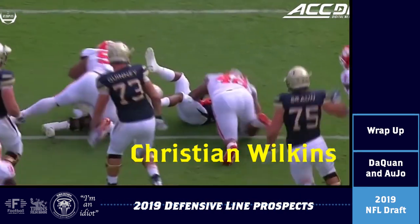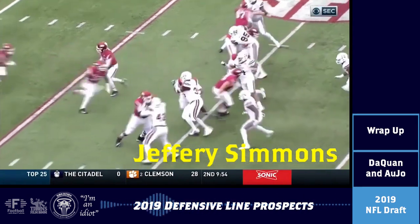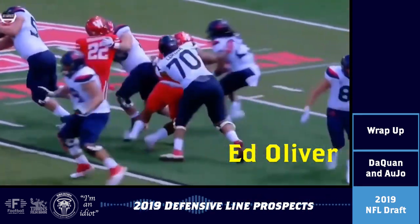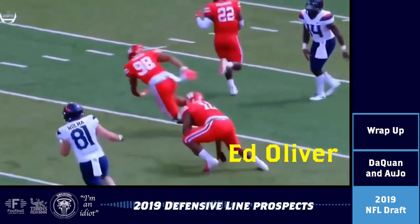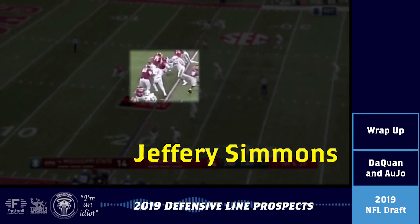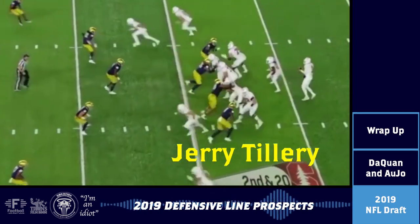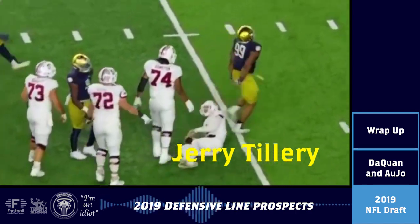If you've already got a guy that's a good penetrator, and it's a very specific skill set really, because you're looking at a 3 technique. You're looking for a guy that's disruptive. He's quick. He's able to knife in and create penetration and disruption. Whereas if you're looking for a 2-gap defender, you're looking for a stout player who's able to control and shock and shed. So you've got guys in this draft, for example, that I think could be a little bit